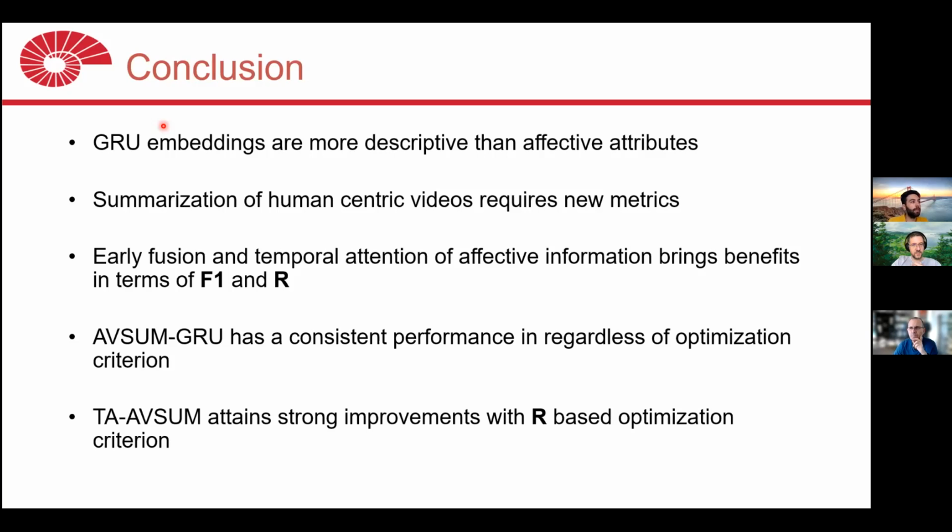I could add one more thing. Maybe affective attributes are, let's say, too task specific after the estimation. And GRU embeddings are more abstract representations of the affective information that resides there. Maybe that's the reason. That was one of our explanations for that. And the other one is the one that you mentioned, which is having this temporal information as well. Okay, thanks.